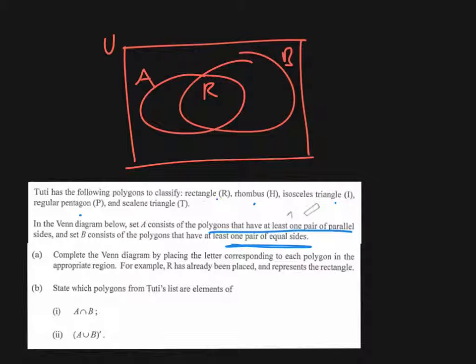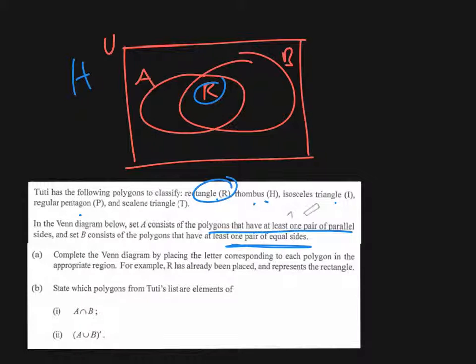asked to arrange them in the Venn diagram, and we can see that the rectangle has already been placed in the intersection because it has both at least one pair of parallel sides, i.e. set A, and also at least one pair of equal sides, i.e. set B. So what I would do here is just try and look at both sides and see which components are in each. So set A then, we are looking for any other shapes which have at least one pair of parallel sides. So looking at these, we can see that the rhombus is in the category,